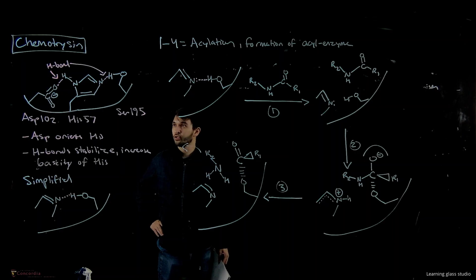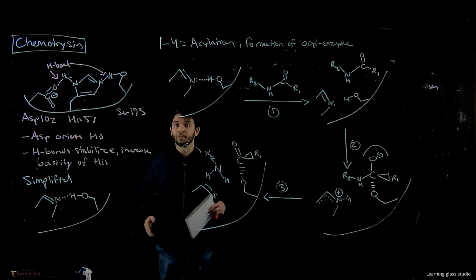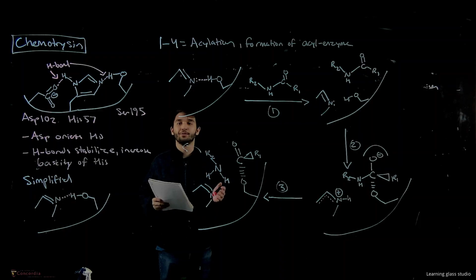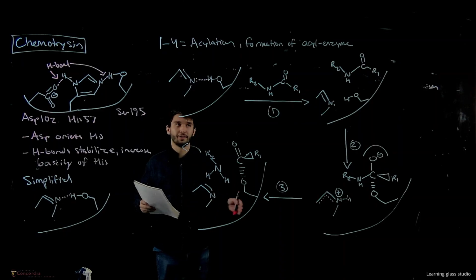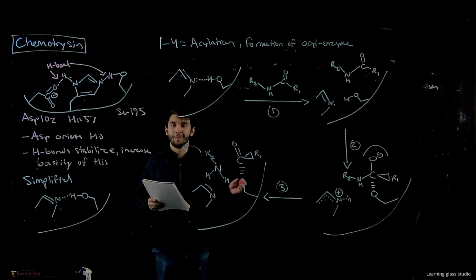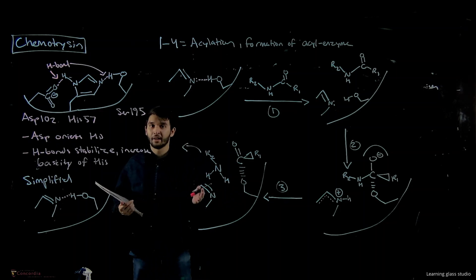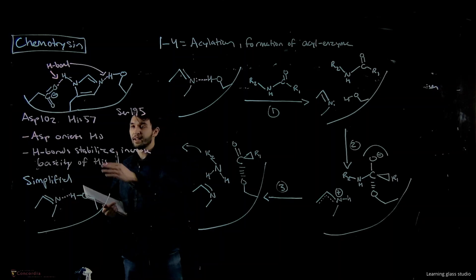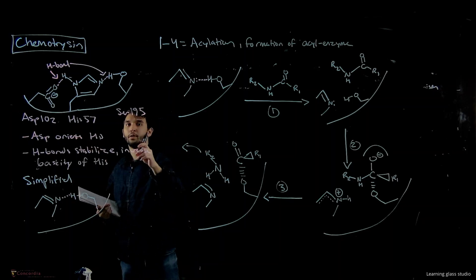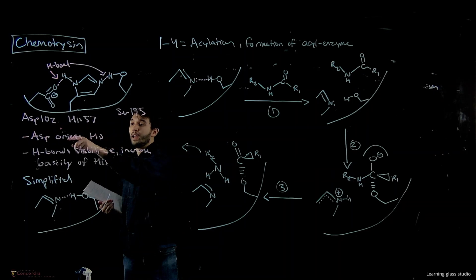So essentially what we see in the chymotrypsin enzyme active site is these 3 amino acids here. Chymotrypsin is going to cleave a peptide bond, usually next to an aromatic amino acid. To catalyze this reaction, the active site has 3 amino acids: serine, histidine, and